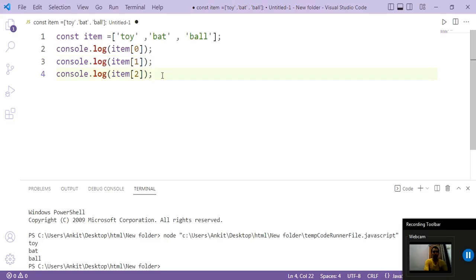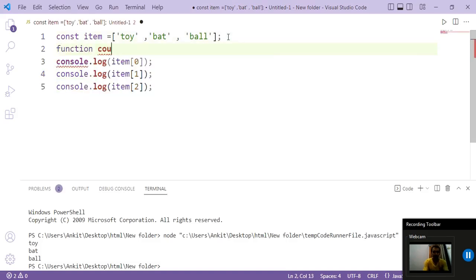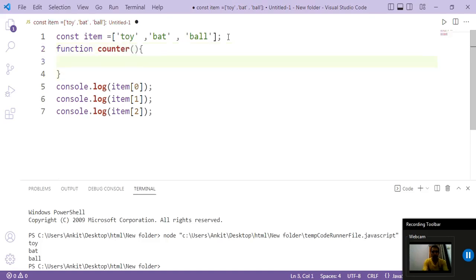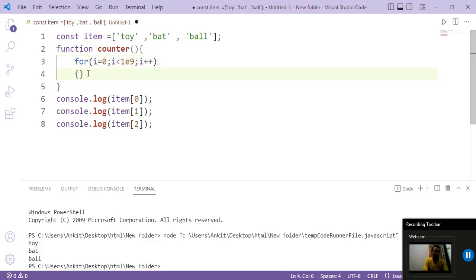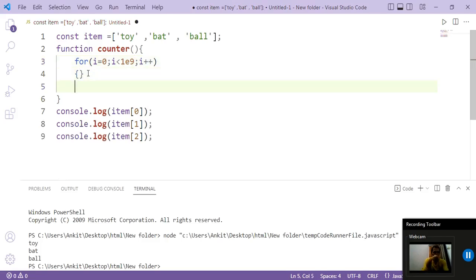Now I am going to show you if I create a function which delays this program, and then you will understand why asynchronous programming is better than synchronous programming. So suppose I create a function here, counter, okay, and inside it I am creating one for loop. So for i equals 0, i less than 1e9, okay, which is 1 billion, and i++. So this for loop will go for 1 billion times and I am giving an empty body to it, okay,